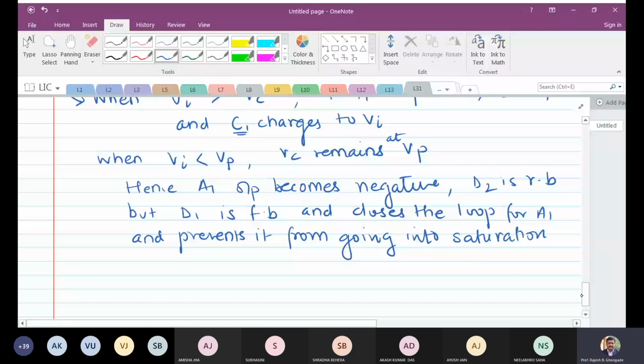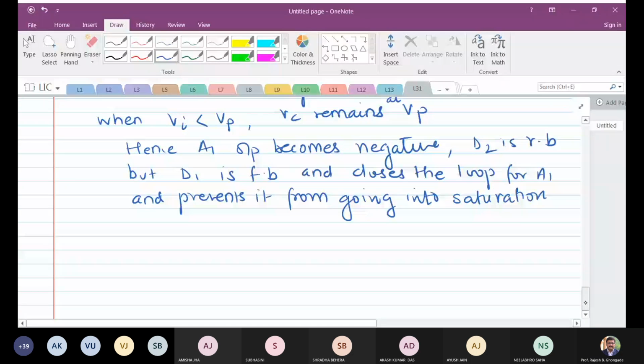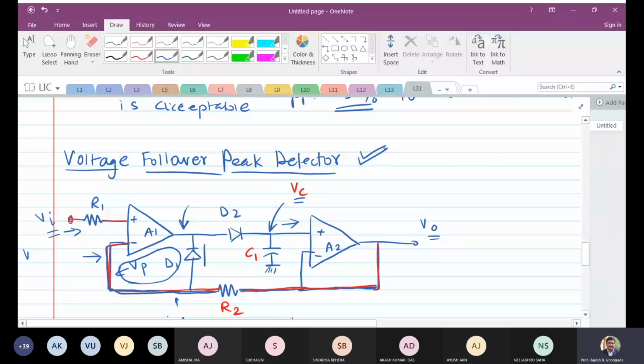Obviously, it will be negative saturation. So that is basically how this particular voltage follower peak detector works. All right. Okay, so if you have understood this,